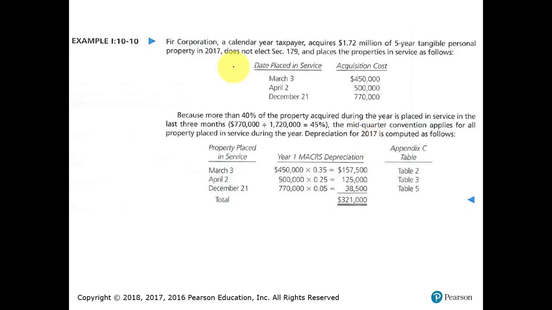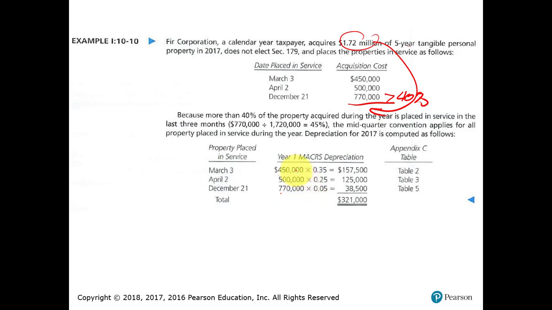So another example, Fur Corporation. They bought a total of $1.72 million of tangible personal property that's going to be depreciated. Again, no 179, no bonus. So if you add all of this up, you get that total. But notice the dates here. First quarter, second quarter, fourth quarter. This amount here is greater than 40% of the total. So we gotta use the mid-quarter convention. So you have the costs, and you multiply it by the rates that you find on those 3 or 4 different